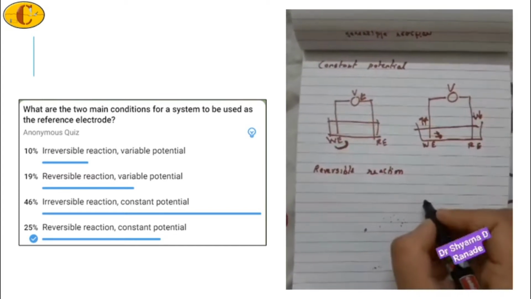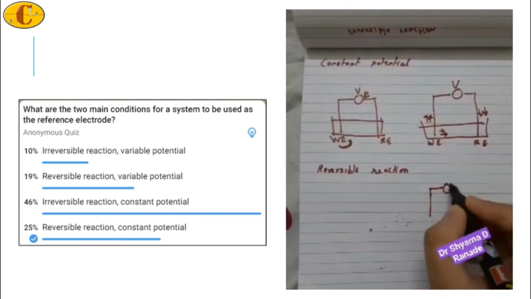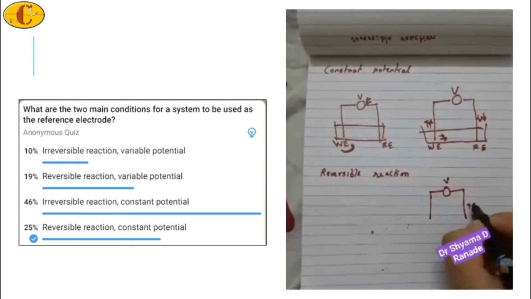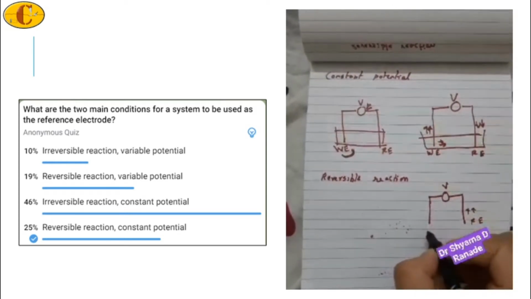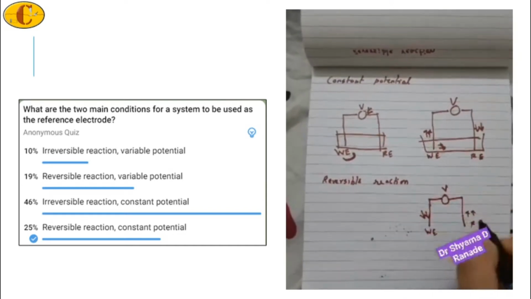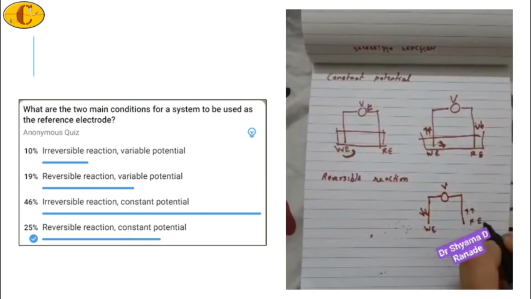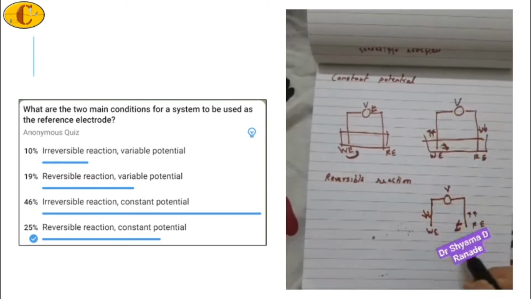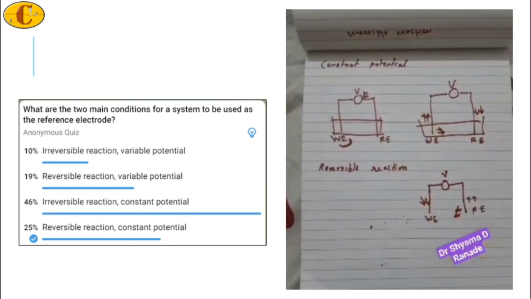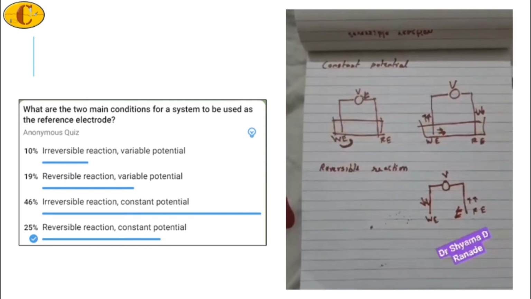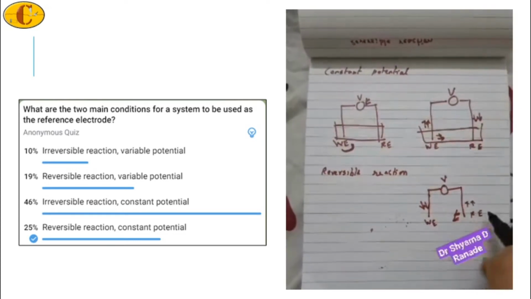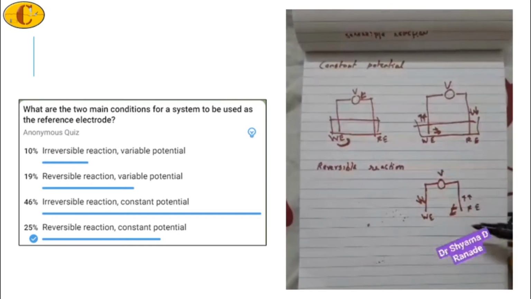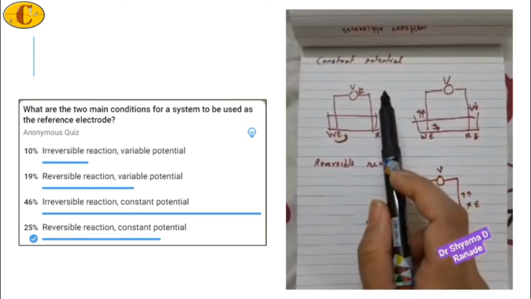Now suppose we go about it in the inverse way, and the reference electrode is going to reject electrons, and those electrons are going to go to the working electrode. If the reference electrode is rejecting electrons, it means that the reference electrode is going to go into the solution, and it will essentially lose its thickness, character, properties, everything. That's why if we have an irreversible reaction of accepting or rejecting electrons, the potential of the reference electrode will change. So now we will not have a constant potential.